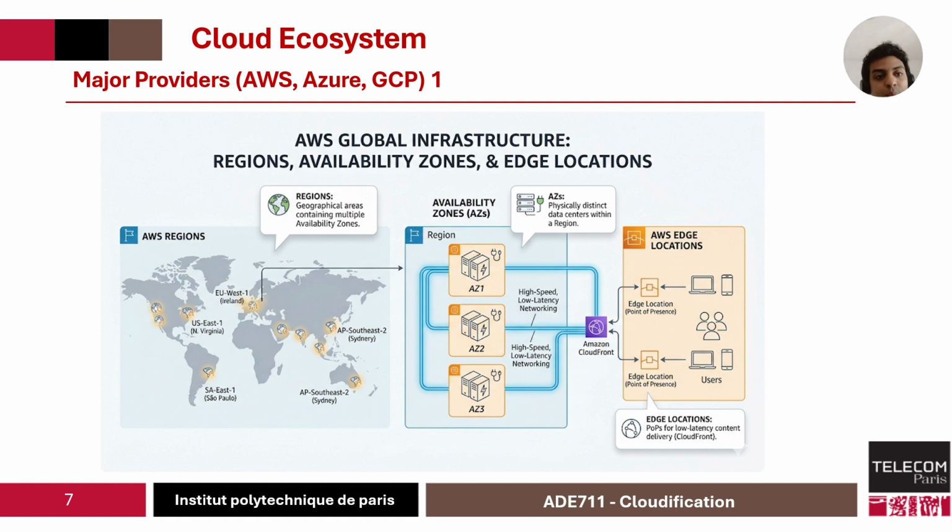So what are the major providers? For example, if you want to use a service and you want to decide what provider to choose, we have a lot of them. From the USA, we have AWS, the biggest one in the market with around 30%, Azure with Microsoft, and GCP for Google Cloud Platform. In Europe, we have OVH, Scaleway. Also, we have Alibaba, the Chinese company, and actually there are a lot of them.